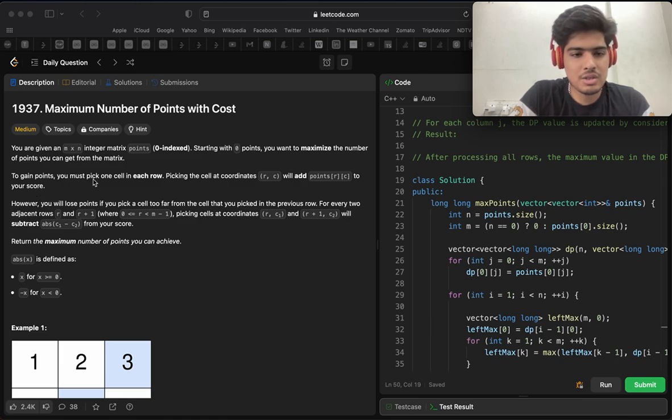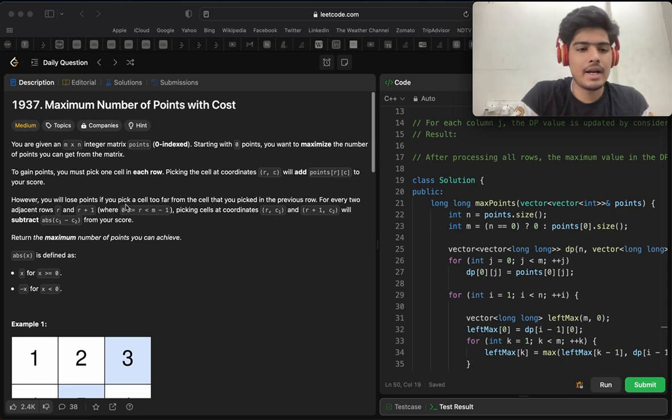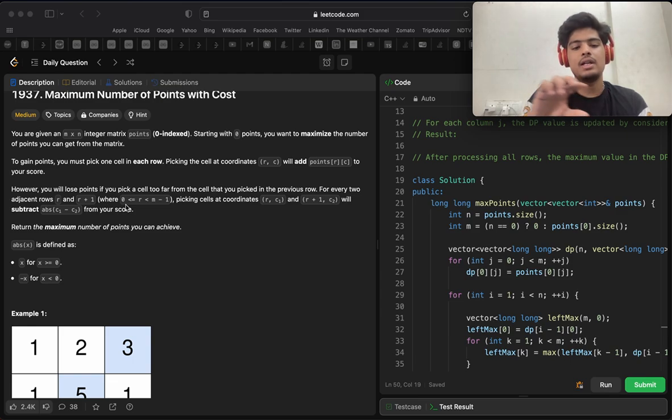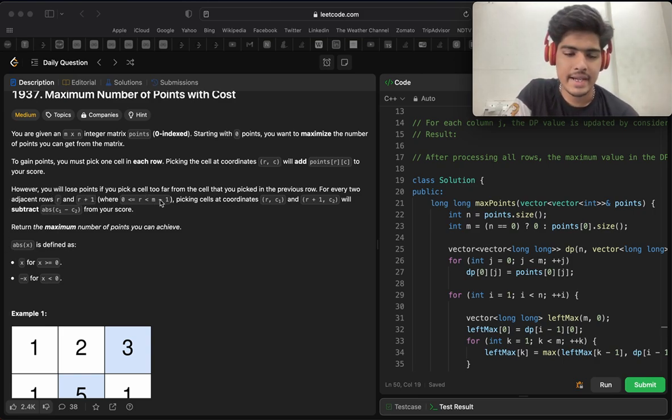To gain points, you must pick one cell in each row. Picking the cell at coordinate r, c will add points of r, c to your score. It means I can only take a single cell in a single row. However, you will lose points if you pick a cell too far from the cell that you picked in